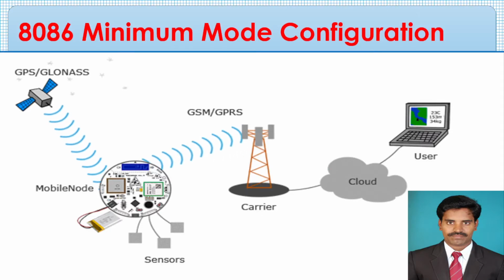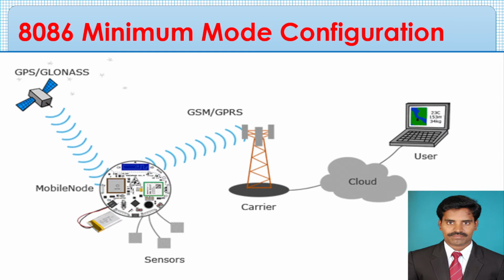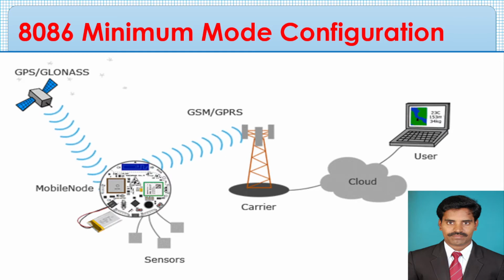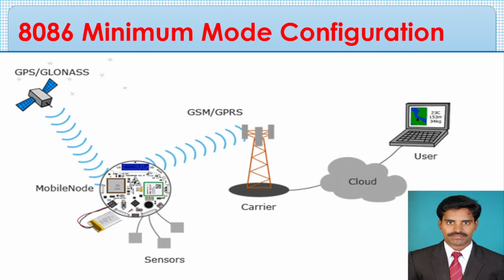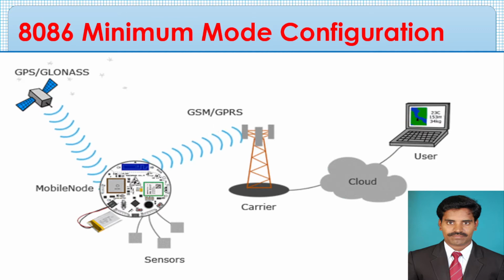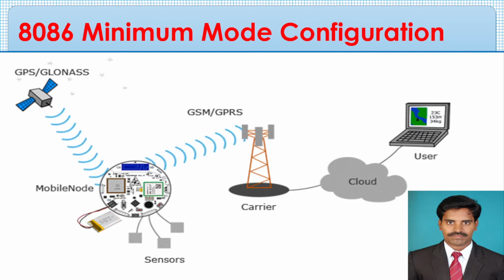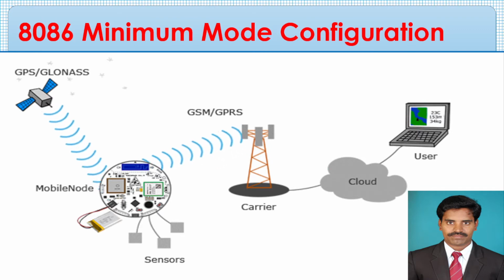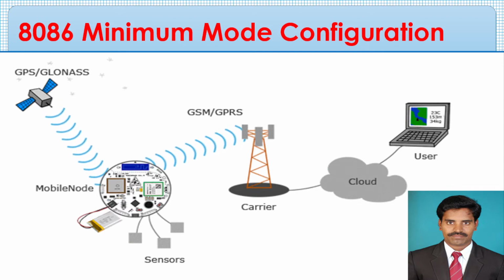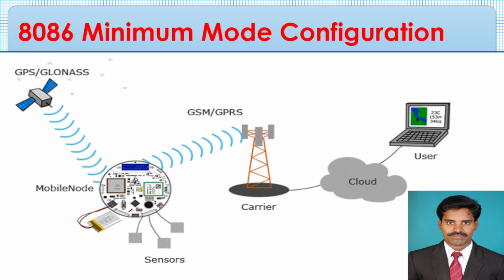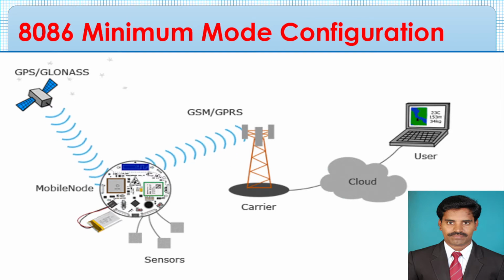Today we will discuss the 8086 microprocessor in minimum mode configuration, which means, as you know, that the microprocessor can be operated in minimum mode as well as maximum mode. Minimum mode means a single processor mode, only the 8086 CPU alone will be in the system. Maximum mode, the other way, means we will have the 8086 microprocessor in addition to the 8087 co-processor and the 8089 IO processor, additional processors connected in the system. As simple as that: minimum mode means single processor, maximum mode means multi-processor.